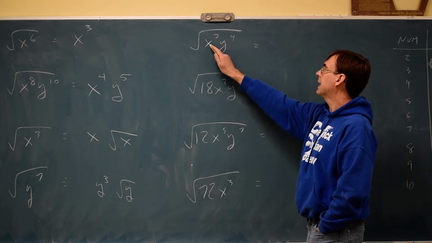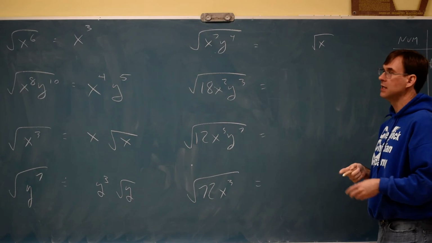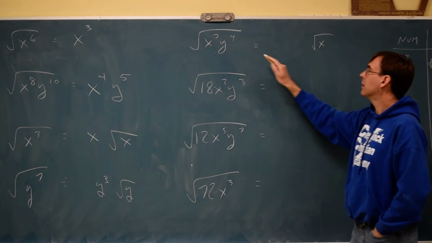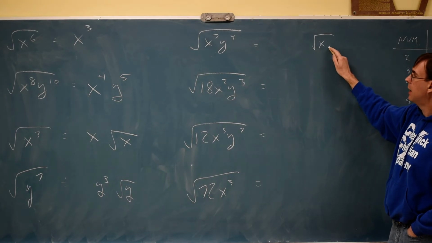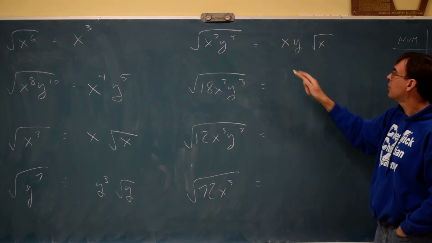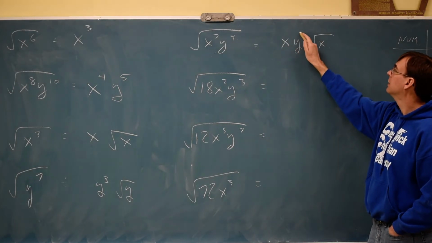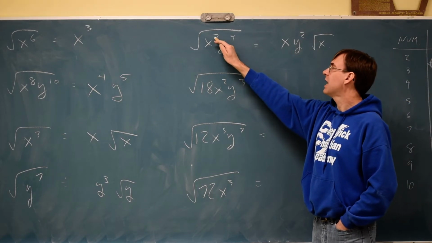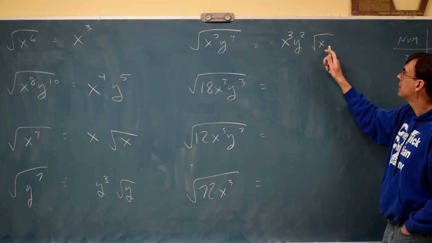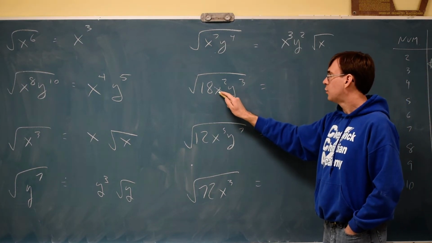So something like this, the x has an odd power. So an x needs to stay under there. The y has an even power, so y's don't need to stay under there. The y's can come out, so can some of the x's. Half of 4 is 2. Half of 7 is like 3.5. We'll worry about the 3 because we left 1 inside. For this one,